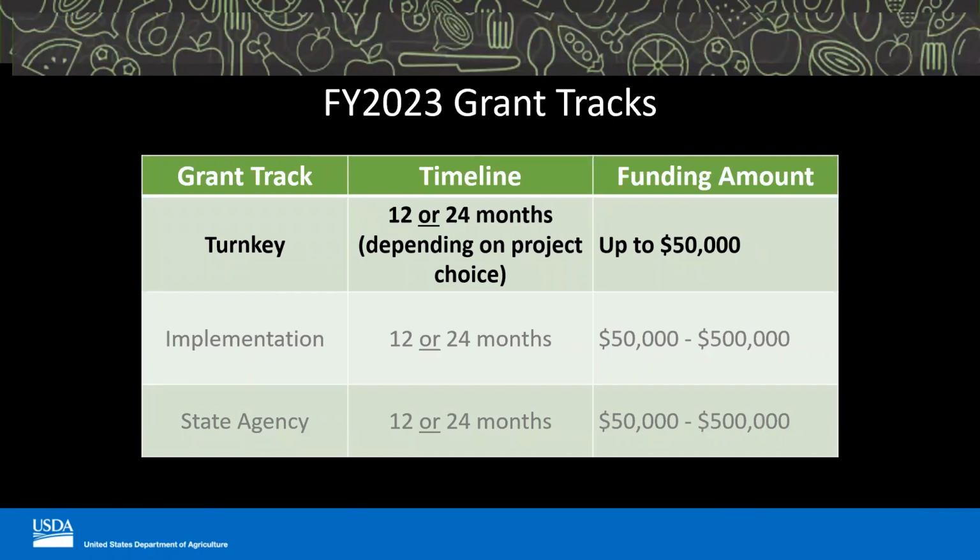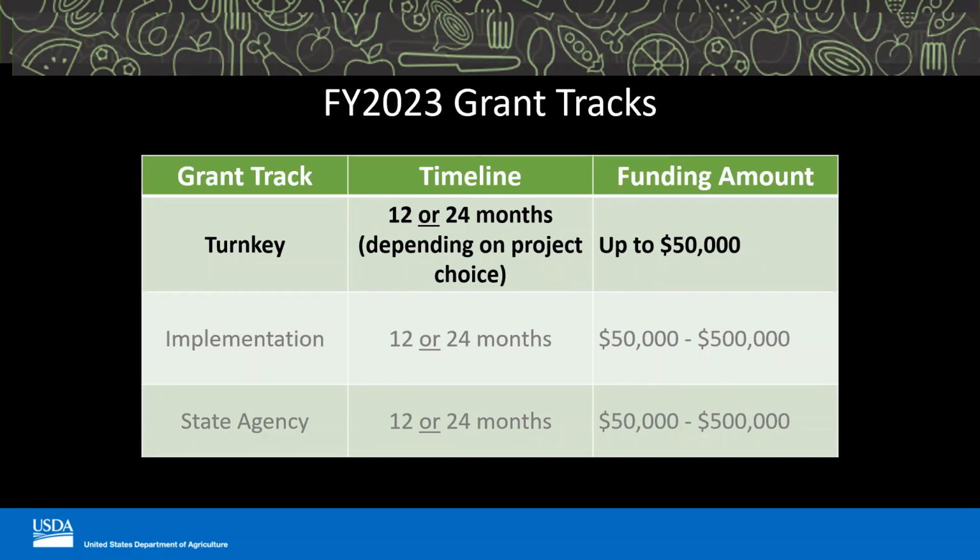I would like to take this opportunity to remind you that applicants may choose one of the 3 grant tracks when they apply to a Farm to School grant. The turnkey track is back again for fiscal year 23. FNS identified common activities as well as some new opportunities within the Farm to School landscape and turned those into 3 possible projects, which are action planning, agriculture curriculum, and edible gardens. The available projects may be a good fit for a wide variety of applicants.